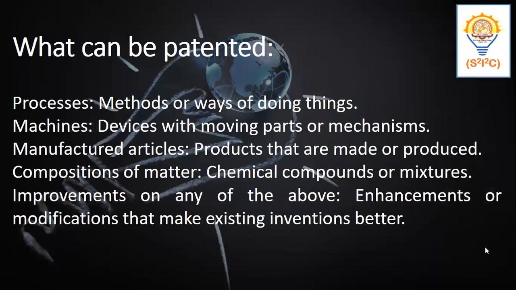Next is what can be patented and what cannot be patented. This is also important. What can be patented? The processes, methods or ways of doing things, we can patent. Machines, devices with moving parts or mechanisms, manufactured articles, products that are made or produced, composition of matter, that is, a chemical compound or mixtures, and improvements of any of the above, an enhancement or modification that makes an existing invention